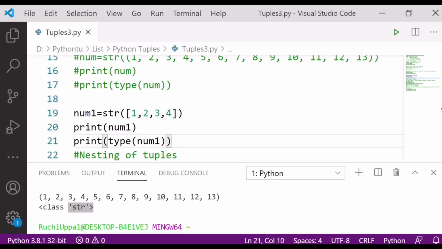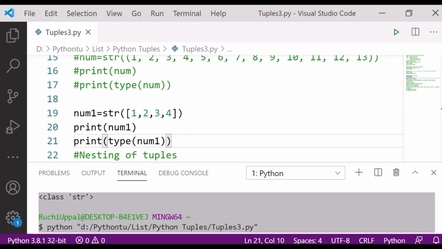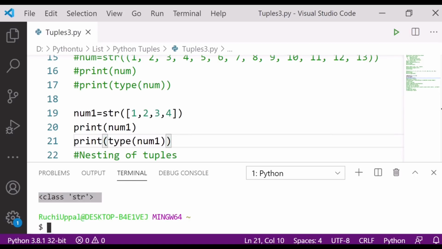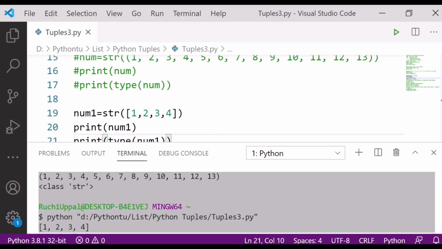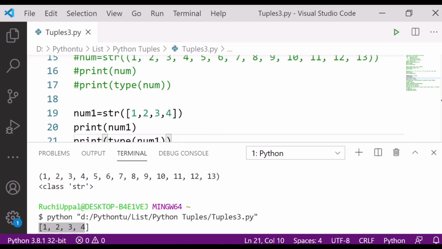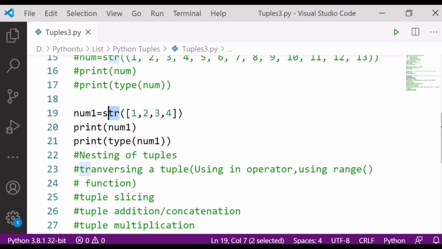It is simply representing the string value, it is converting it into string. You can see here it is showing you this, but its type is coming string only. Because you have written here string and it is making it as string only, its type is coming string only. Fine, I hope this much is clear to you.